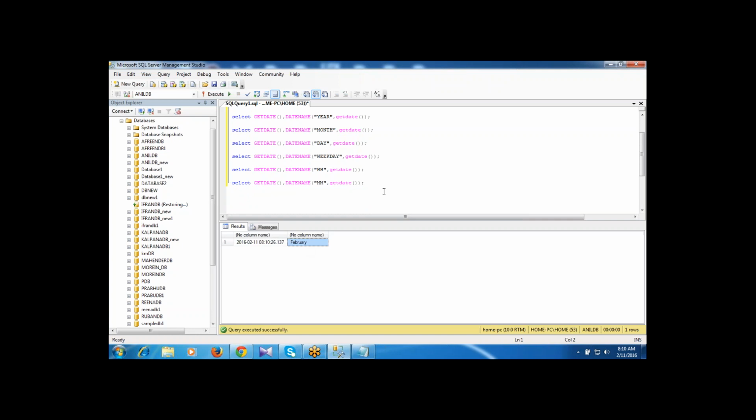Month, right? So here I'm writing the GETDATE function, DATENAME, minutes.